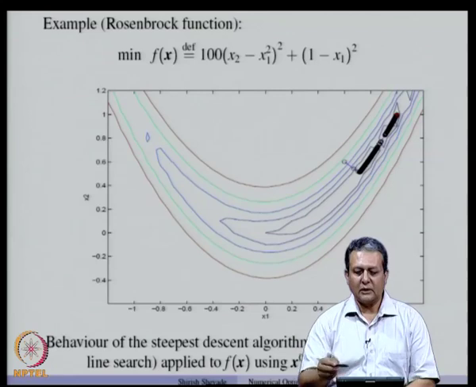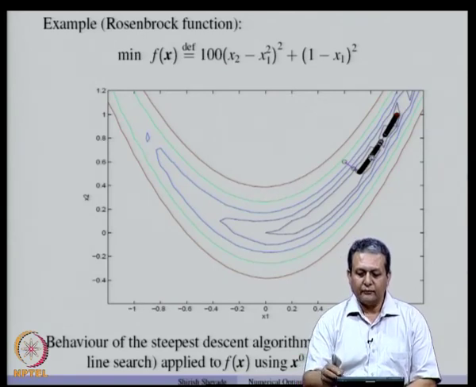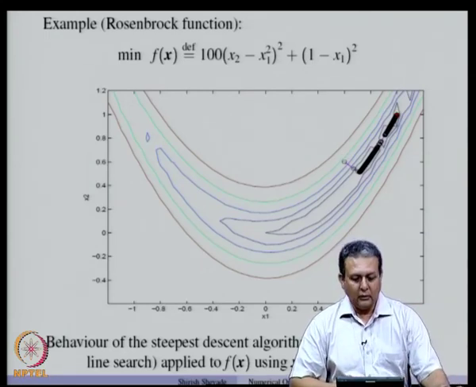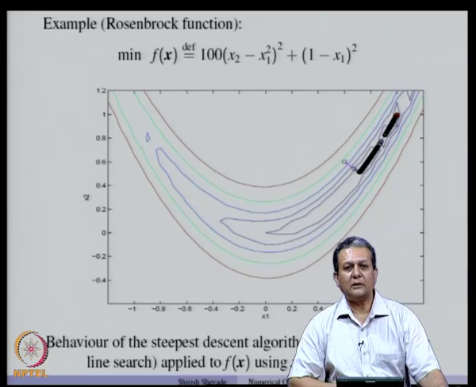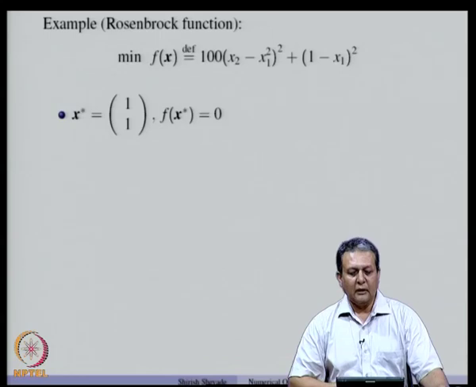The number of steps required could reduce, but this is just to demonstrate how the steepest descent method applied to the Rosenbrock function with backtracking line search behaves when we start from a particular point 0.6. Now, let us take another initial point and see how is the behavior of steepest descent method with backtracking line search to the Rosenbrock function. So, this is the Rosenbrock function,